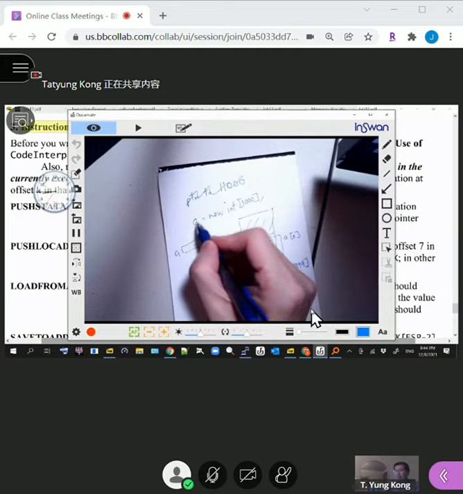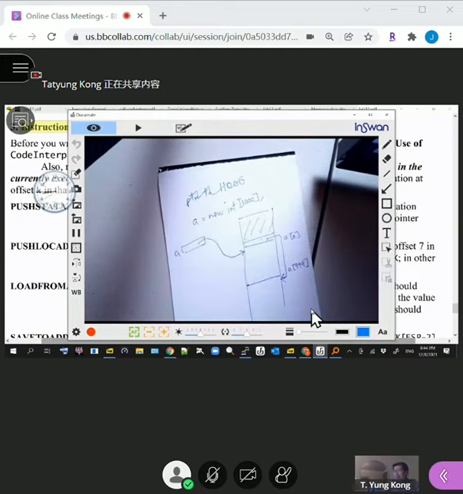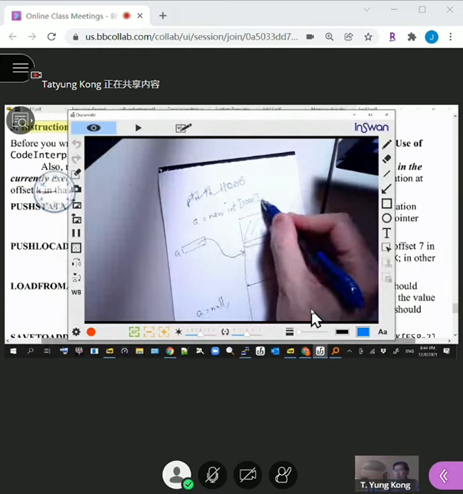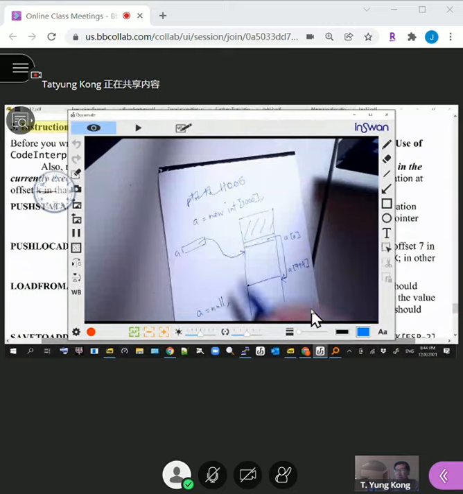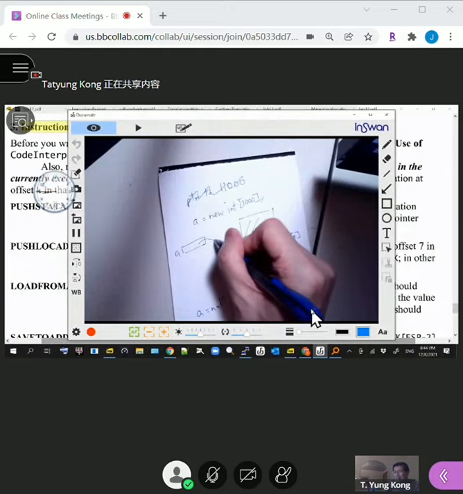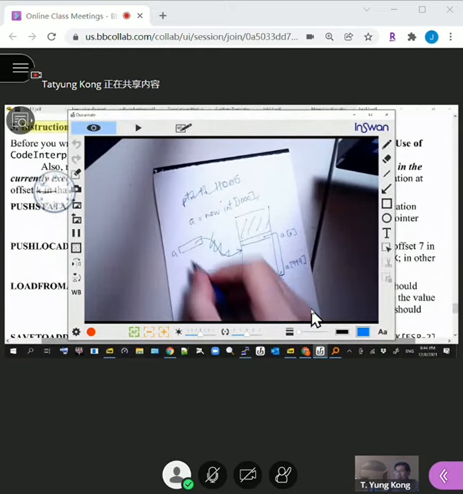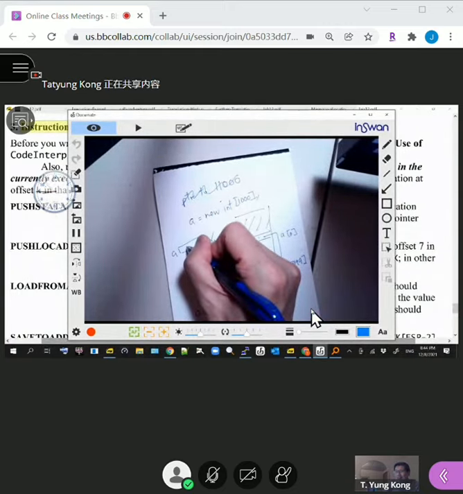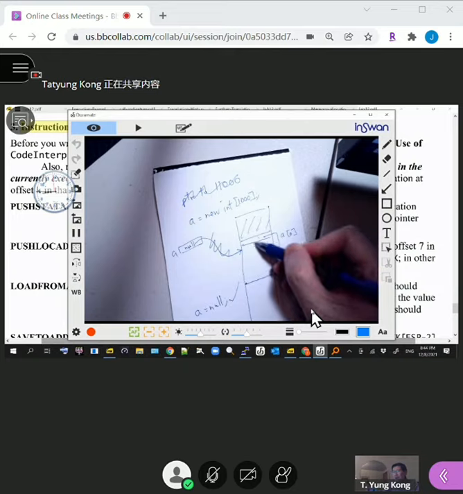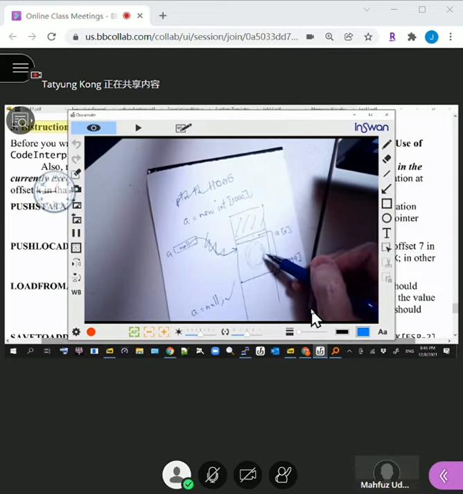But suppose immediately after this, you now write A equals null, right? This would be a rather stupid thing to do, but let's suppose you did that. Then this pointer would now go away because of this, and now in here you would have the null pointer actually represented by 0. But now what's happened? You see, now we have this block of heap memory that's just been allocated that nothing is pointing to,